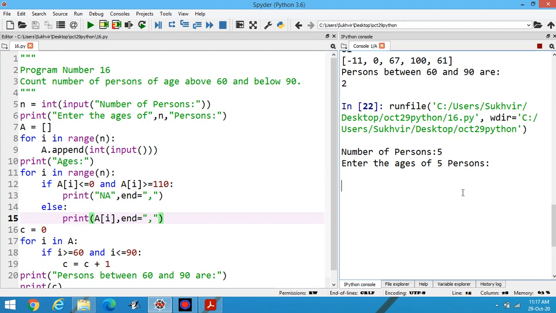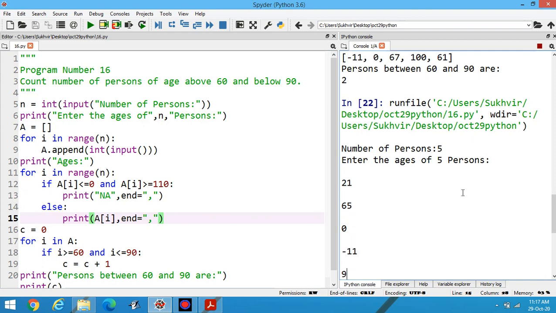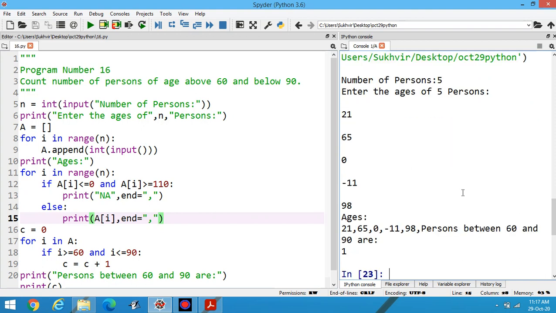Suppose the first entry is 21, second is 65, then 0, then minus 11, then 98. Age is 21, 65, 0, minus 11 and 98. Persons between 60 and 90 are 1. It's not working. Let us check again.